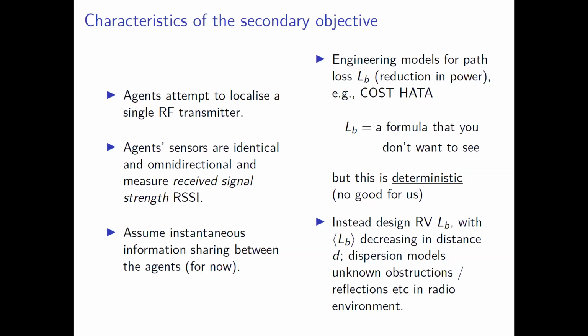The issue is, in all those very, very complicated path loss formulae, which somehow try to summarize the aggregate effect of obstructions such as buildings and so on, they're deterministic. And that's absolutely no good for us, because if the soldiers are able to make deterministic measurements of RSSI, in principle, they can go to 3 locations and then triangulate and perfectly locate the transmitter. So it's essential that you have some model of the randomness in received signal strength. And we talked quite a bit about that randomness.